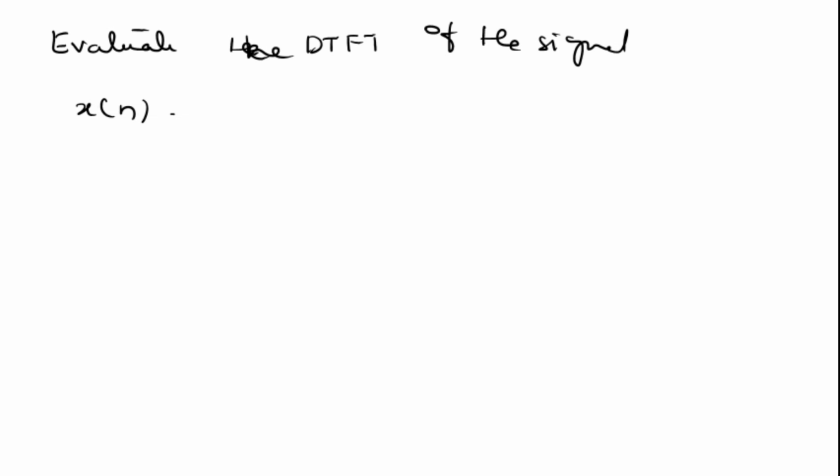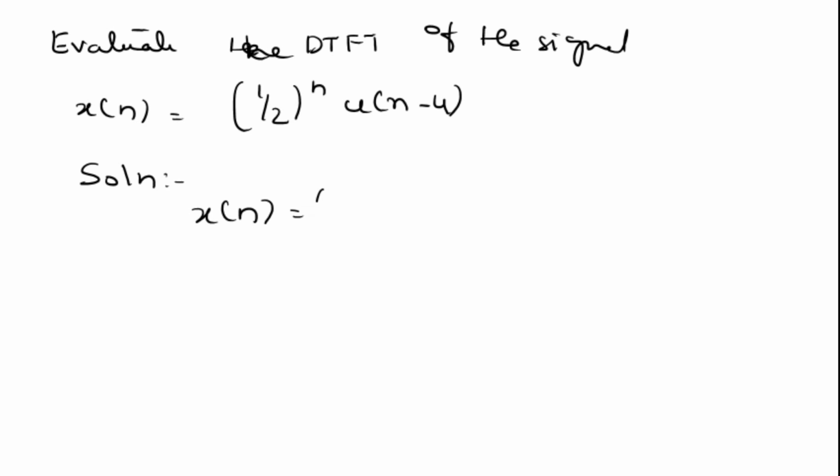Evaluate the DTFT of the signal x of n is equal to half to the power n into u of n minus 4. It is given x of n is equal to half to the power n into u of n minus 4,